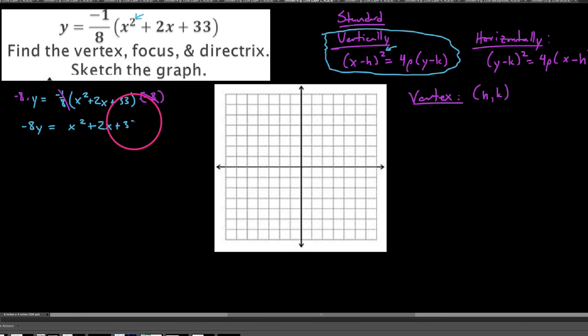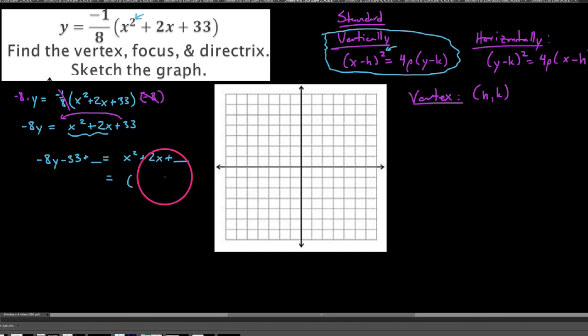The neat thing about this expression is that we can go ahead and start completing the square. In terms of completing the square, what we want is a squared binomial for our x terms. So the first thing I'm going to do is move our constant, and what we end up with is -8y - 33 = x^2 + 2x + ..., and now we want to fill in something here